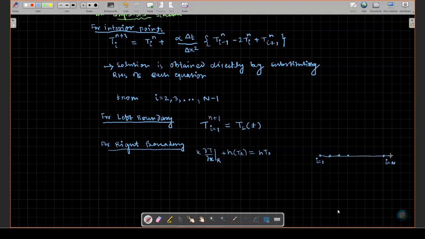So if you want to calculate the derivative at this point, you have a choice of whether to use forward in space or backward in space. If you want to use forward in space, you should know the I equal to n plus 1 value, capital N plus 1 value. Here it should be known, but here there is no value to calculate forward space. So we'll use backward space. So here, backward difference.